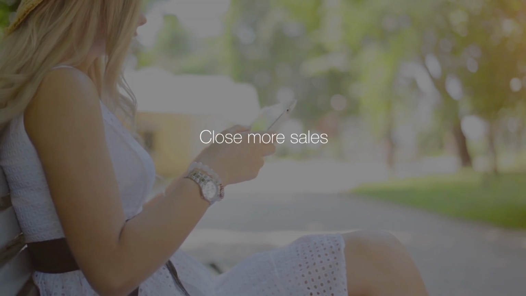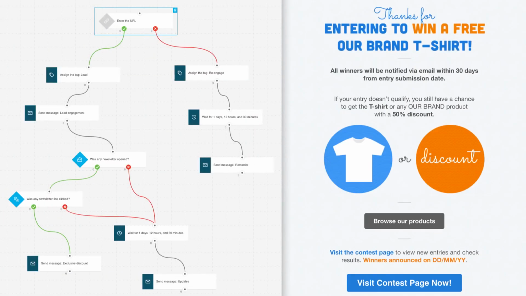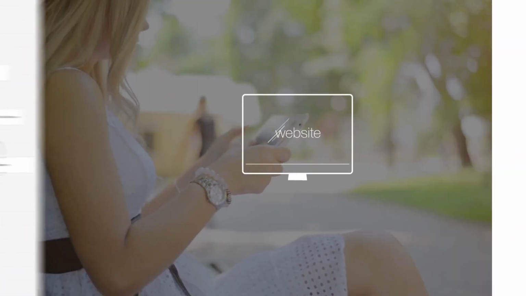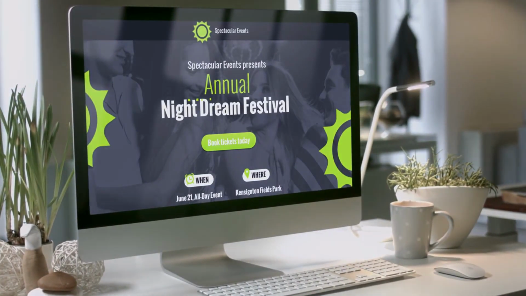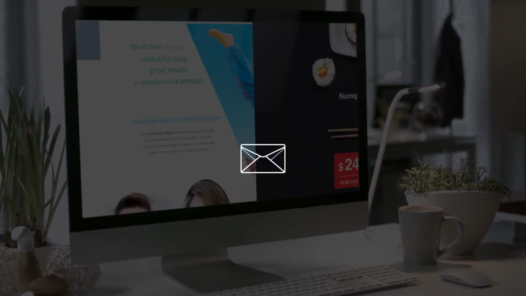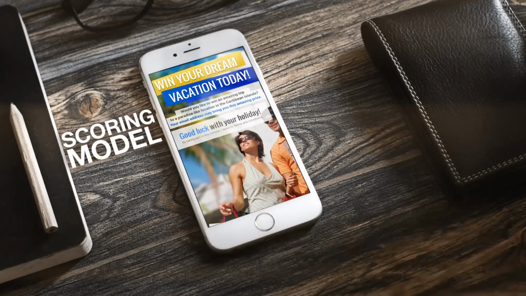Close more sales and get more engaged leads with website traffic tracking. Convert casual visitors. Engage regular customers. Track and analyze behavior on your website or eShop. Understand and monetize your subscribers' interests based on the pages they visit, products they purchase, and target them with the following offer. And if you're looking for a way to track and rate interactions, the scoring model will allow you